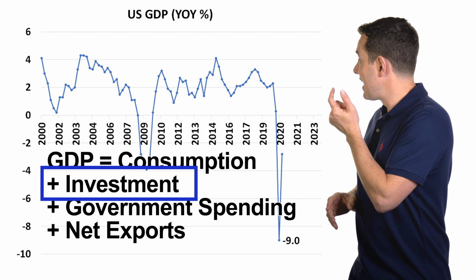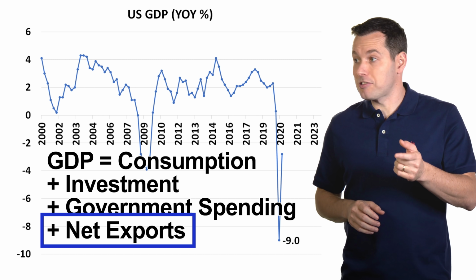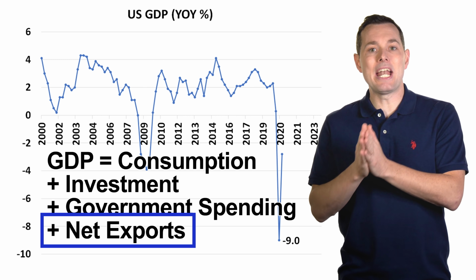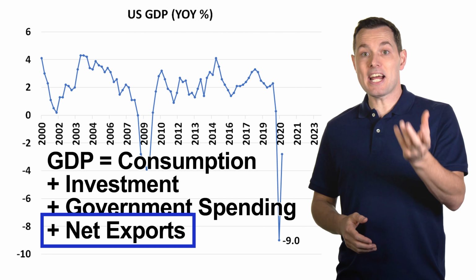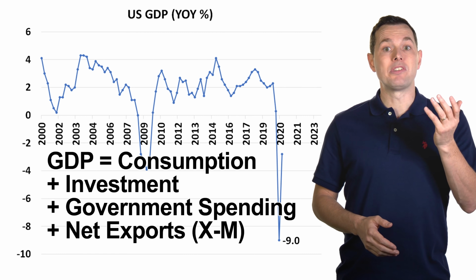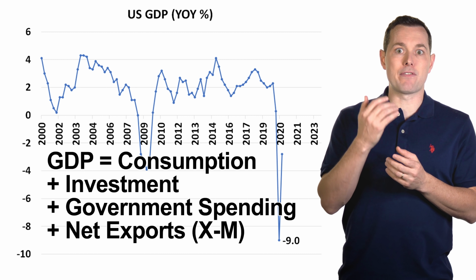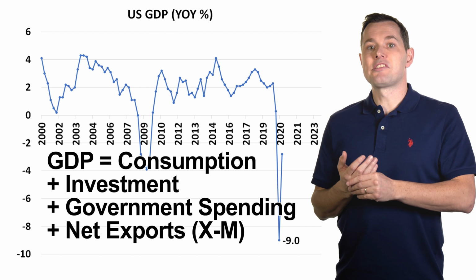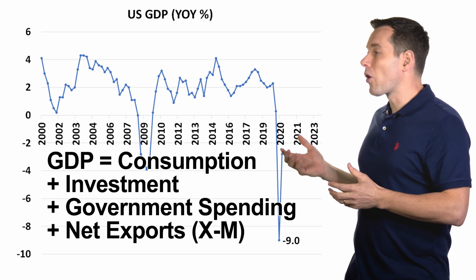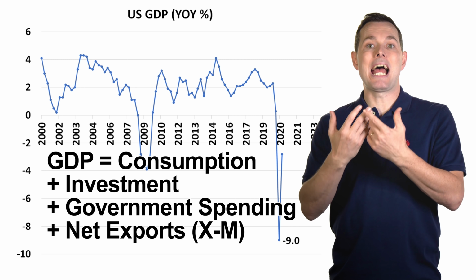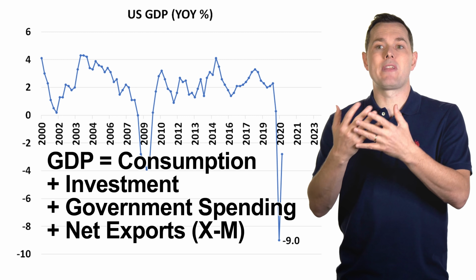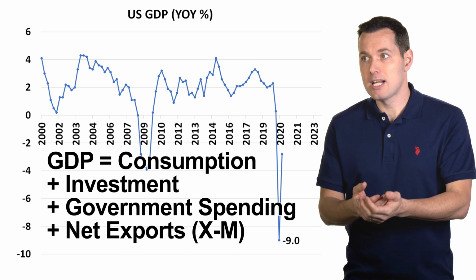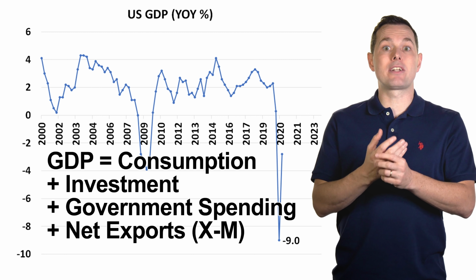Okay, then we have net exports. Net exports uses both imports and exports. Basically, we take exports, which is marked with X, and subtract M, which is the indicator for imports, and what you end up with is net exports. Of course, the more exports a country has, in theory, the more manufacturing they are doing, the more products they're creating, and the higher that will affect GDP.